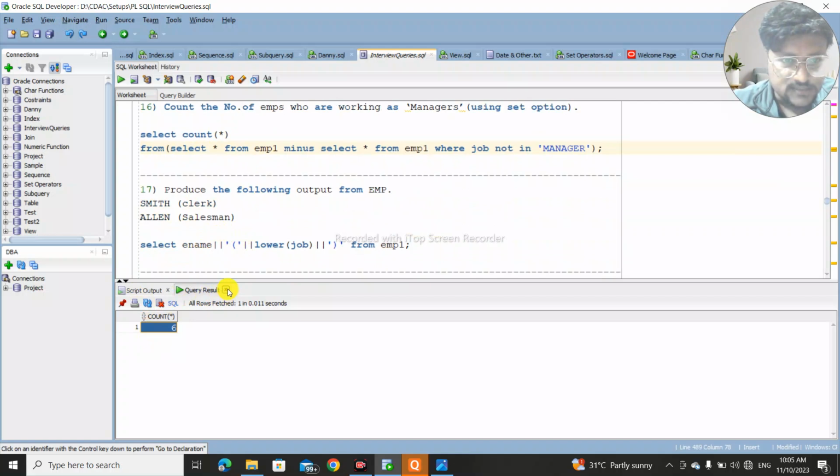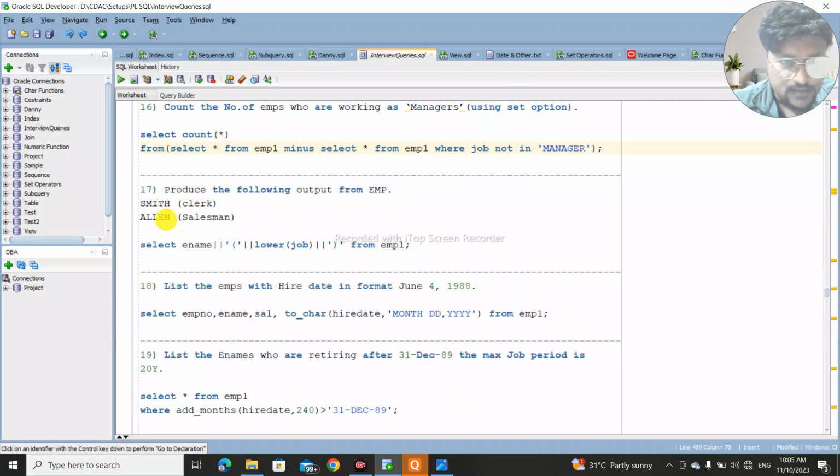Now query number 17, produce the following output from EMP1. This is the employee name and this is the designation or job. We have to print the employee name as given and the job in brackets with a space in between. Let's see the query. Select employee name, I want to concatenate. To join the two columns, we have to use the concatenation operator, two vertical lines. What I want to concatenate with